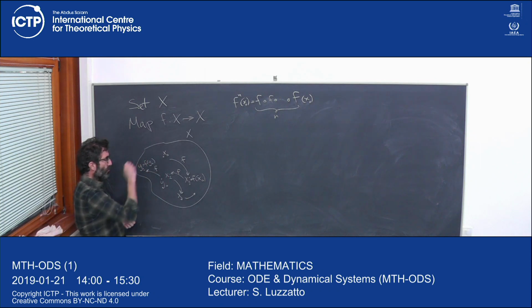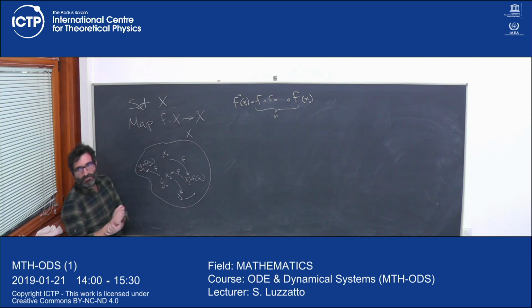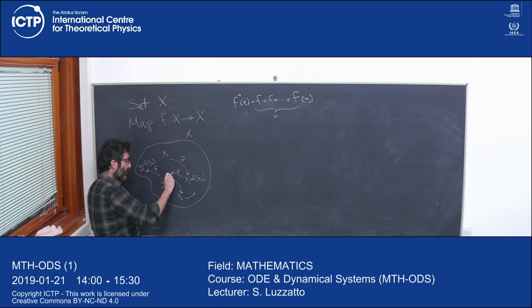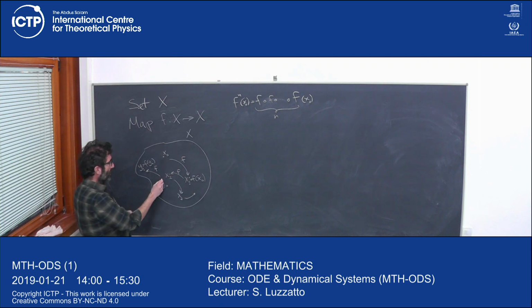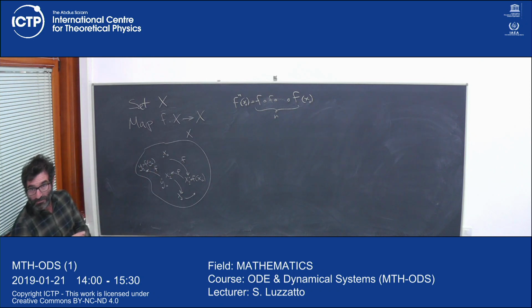You can choose this initial condition or this initial condition. And depending on the initial condition, the system evolves according to a certain rule or a certain law which is defined by f. Right? So it evolves because if at time 0 you're here, at time 1 you're here, at time 2 you're here, at time 3 you're here, and so on, and it evolves. If you start from y0, then it may evolve in a different way. Okay, so we will give lots of specific examples, but first, just in this very abstract setting, there's already a few things you can say,